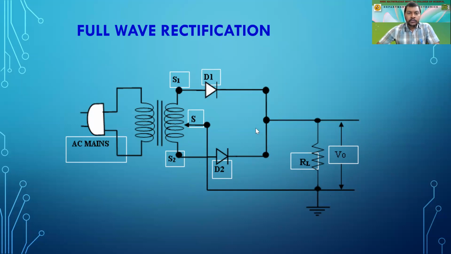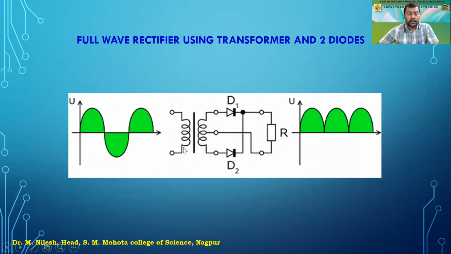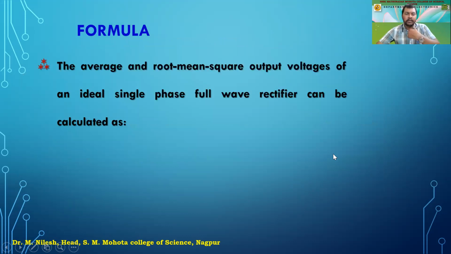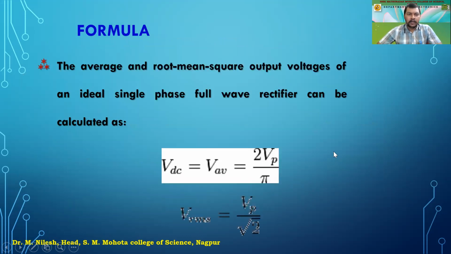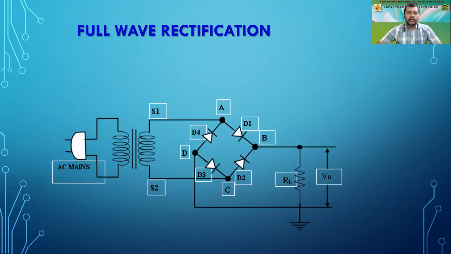Okay, so this is how the circuit works during the full wave rectifier. So we'll have a full wave coming out of this. Full wave is being rectified, right? Due to this, both halves of the wave are being rectified by both the diodes, and we get output across the load resistance RL as pulsating, right? I guess you have understood this, and these are the equations of that, and this is the waveform. That is how it appears, and this is the bridge rectifier that we have studied today.